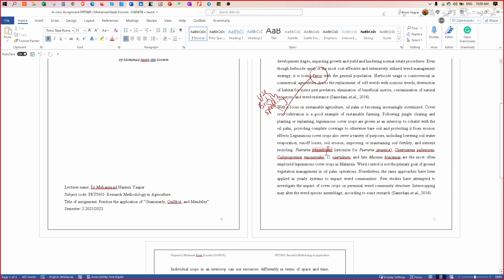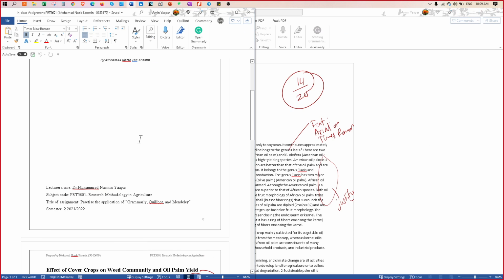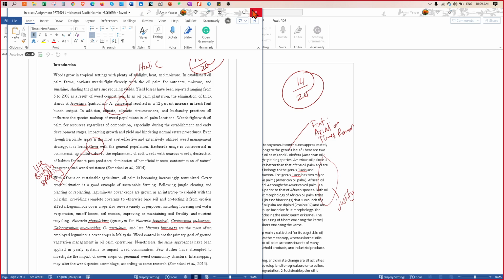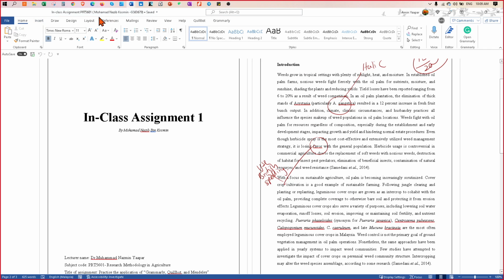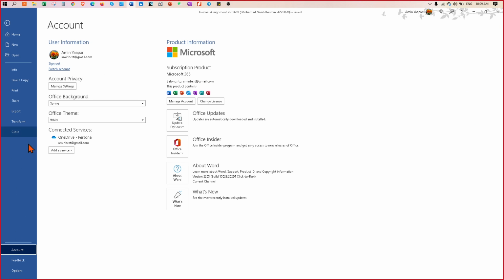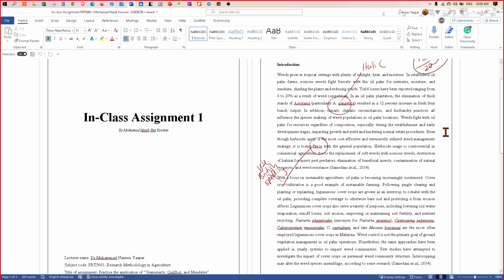When you click the Grammarly, it comes out like the right side table, but I click from my laptop, and I can't see any comment of a Grammarly correction. So maybe you need to update your Word a bit. If you go to the file here, and then you go to account, then you go to Office updates here. Try to update that and close, restart your Word, and see what happens. Okay, okay. Thank you, doctor.